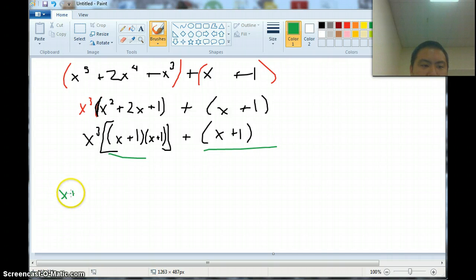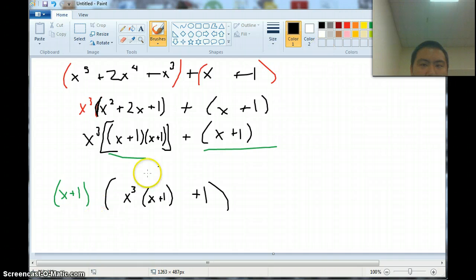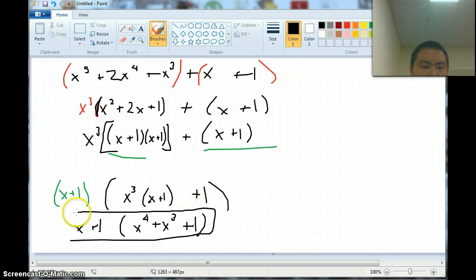So what I'm going to do is I'm going to factor out an x plus 1 from both of these. I have x plus 1, and then that should leave me with, multiplied with x to the 3rd power times x plus 1 plus 1. And in this situation it would leave me with x plus 1 times, I'm going to multiply back in, x to the 4th plus x to the 3rd plus 1. So I did factor something out in this case, in x plus 1. And I know what my two factors are, x plus 1 times x to the 4th plus x